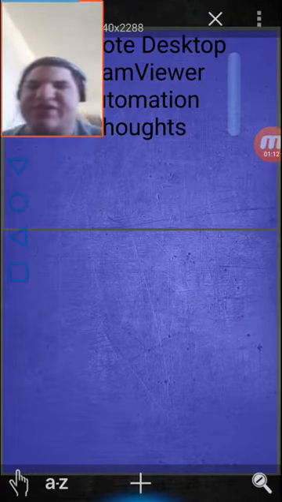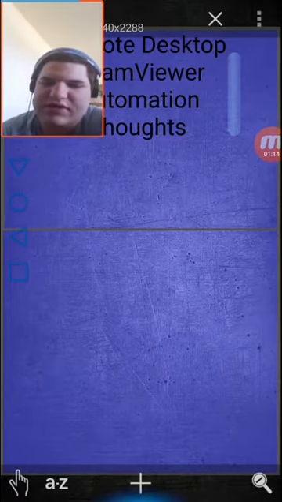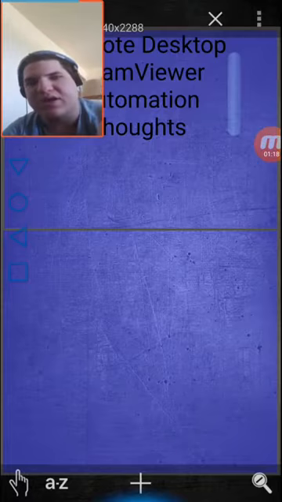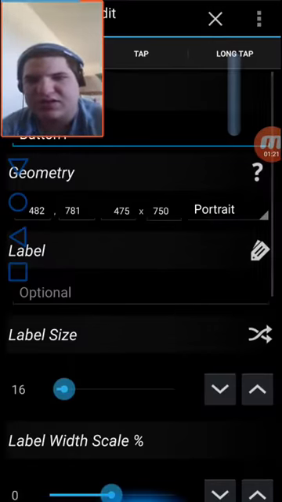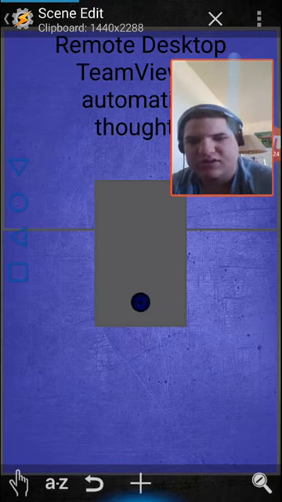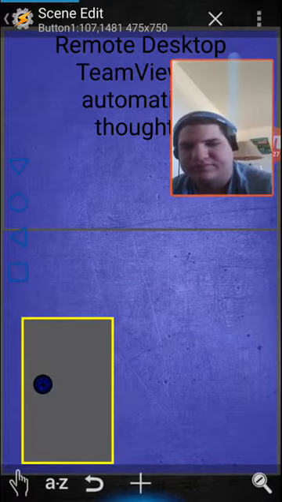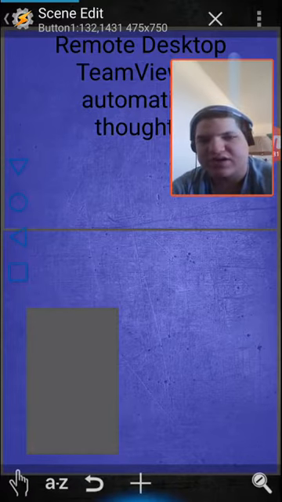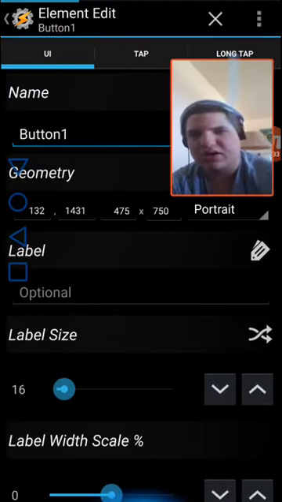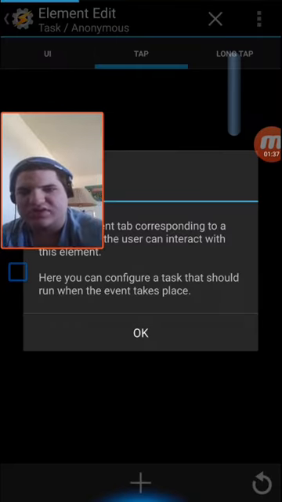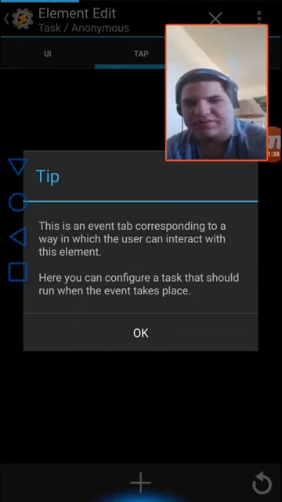So I could add a button to the scene if I wanted to. So let's say I add a button, and my button will say clipboard. So I'm going to have my button here. Here's the add button. And let's say I want to trigger a task by pressing this button. So I'm going to press the button here and go to action on tap. And then on tap, I want it to, let's say, no,